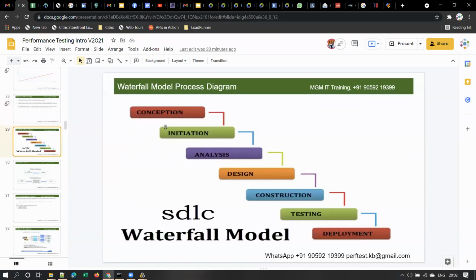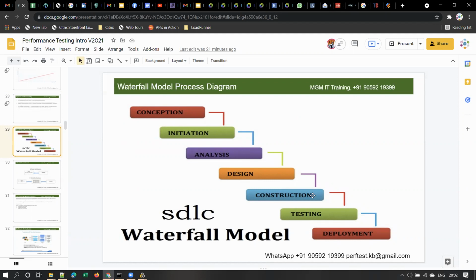As you said, before, in the waterfall model, testing comes after development is completed. But no one is following this waterfall model nowadays. In the waterfall model, each phase starts after the previous phase is completed. For example, the design phase starts after the analysis phase is completed, then the development phase starts after design is done, and once development is completed, the testing phase starts. Nowadays most companies use an approach called the agile model. I will explain the agile methodology later.